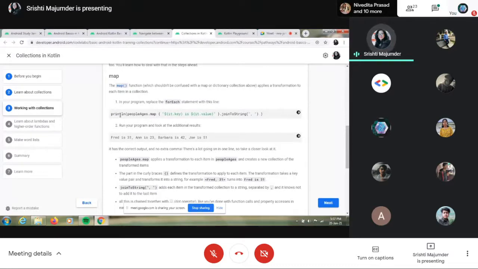What is println? It is used for printing. peopleAges was the variable declared earlier. Now I use this function map, inside which I use the text statement that we used earlier, so that you can write who is going to read this, or the text in between. Then you have got all the items. Now how do you want to connect those items? You use this function, joinToString, with a comma. It can be a comma, asterisk, or whatever you wish.